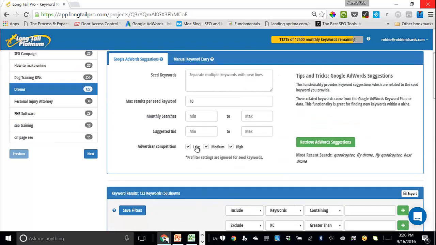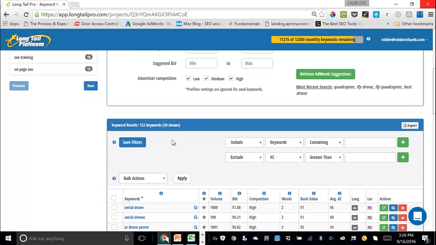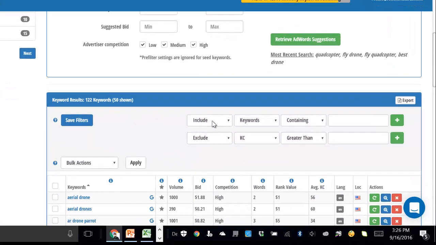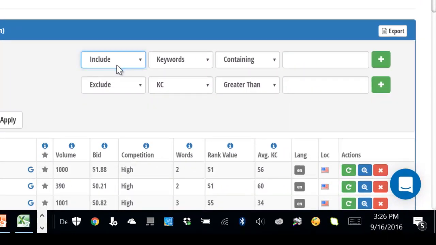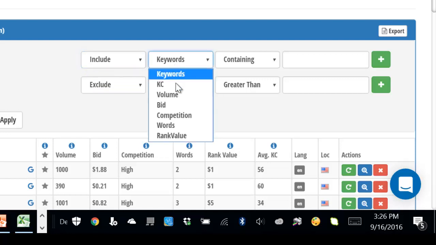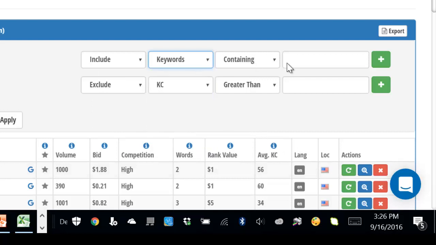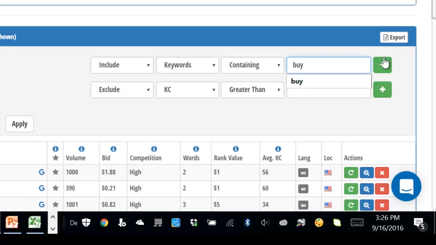Well, the good thing is Longtail Pro gives you a bunch of really helpful keyword filters at the top of the table here. Now it's an include exclude deal, but from the different options here, you can filter based on keywords, keyword competitiveness level, volume, bid, all of the ones that are shown across the top here. So I'm going to go with, I want to include keywords containing the commercial modifier, let's say buy,